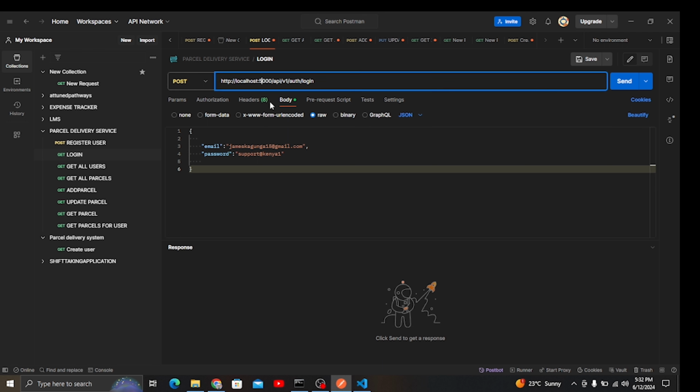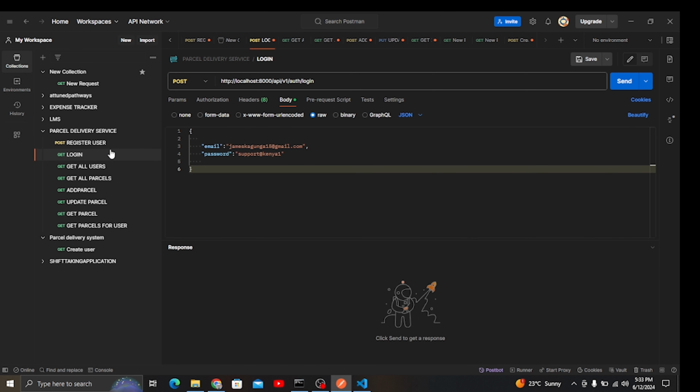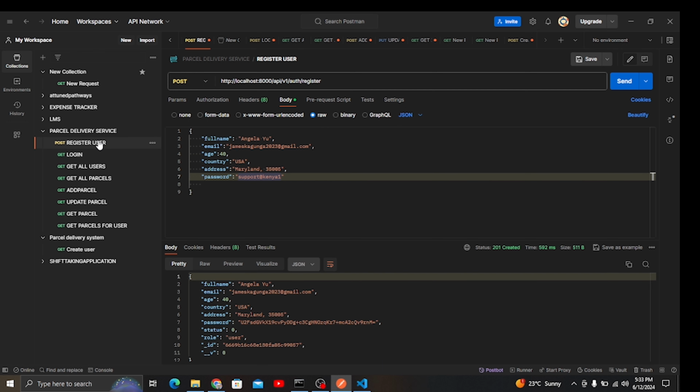And now here we need to change also the port to 8000, because that's where our backend is running. Then we are going to make sure that we are able to log in using the email and the password. So I'm going to check also the register request up here, and you can see we have registered this email and also the password. You can see the password here, so we are using the same, and the same email. So let me confirm if the email is the same. So here you can see we have this email and the password,